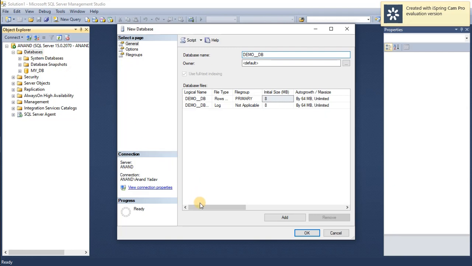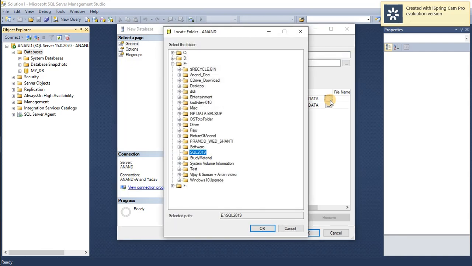And here in SQL Server, these two parameters are very important, the MDF and LDF. If you can see the path, the first one is MDF and the second one is LDF. So what are MDF and LDF? MDF is the physical file location where the actual data of a database is stored. If you see the path, by default it is on the E drive. I am keeping this as is.